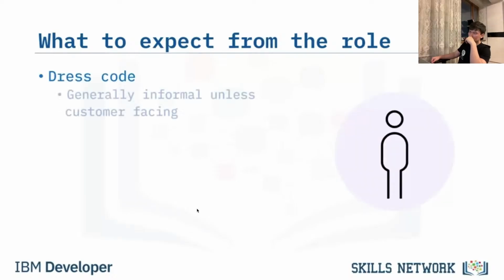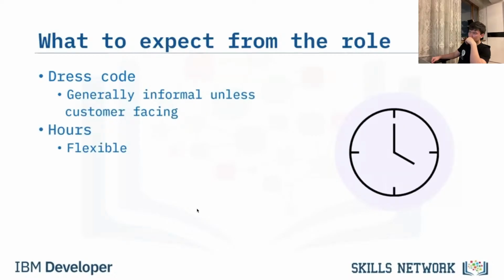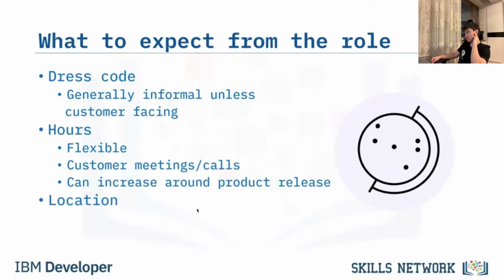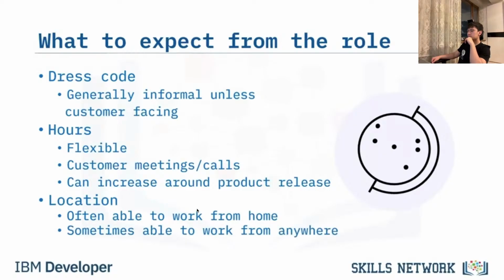Dress codes are unlikely to be formal unless you're in a customer-facing situation. Hours are often flexible, sometimes around core hours set in the middle of the day. You may occasionally be required to attend meetings or calls which can dictate a physical or online presence at a particular time of the day. And the number of hours are likely to increase as you get near to product release dates, often without any matching increase in pay. The flexibility to work from home varies across employers, but there is no technological reason why this cannot be done. In fact, some software teams are spread across the globe, working across all hours of the day.